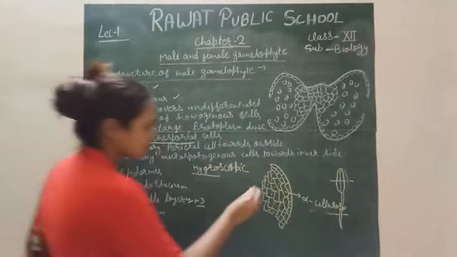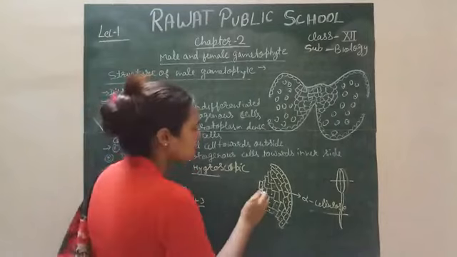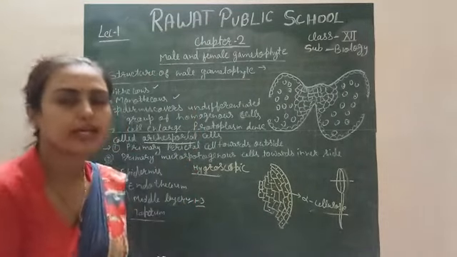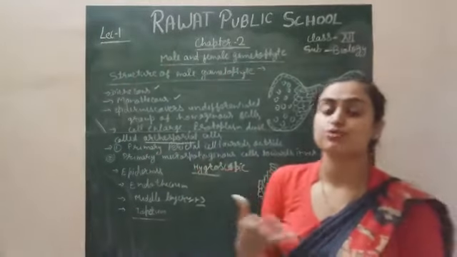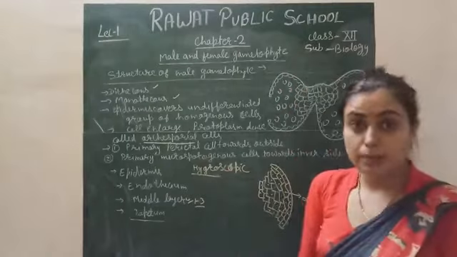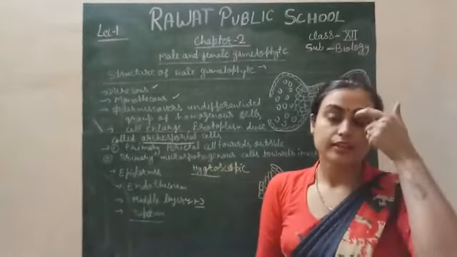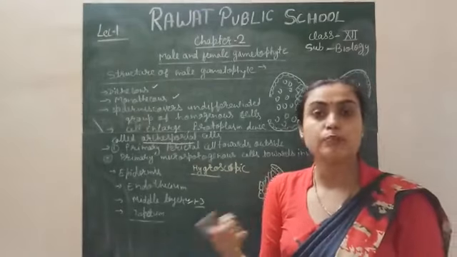Last is the tapetum. The tapetum consists of denser cytoplasm as compared to the other layers present in the anther, and they have the capability to divide multiple times. During the maturation of the anther, they divide into multiple cells and also consist of multiple nuclei.